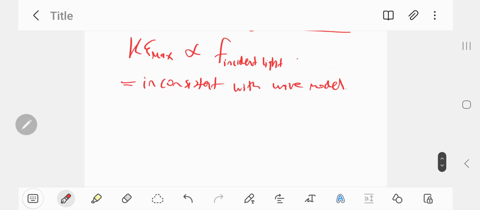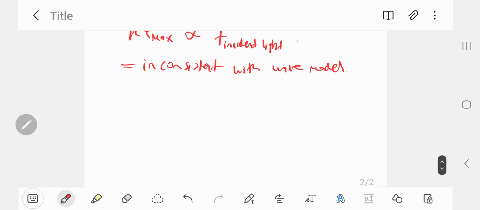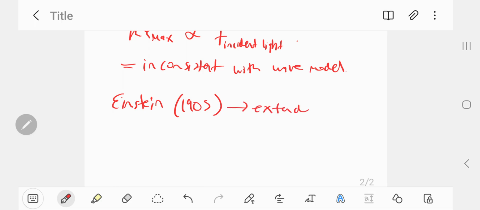So they're the three main observations associated with the photoelectric effect. Then came along Einstein, Albert Einstein. I'm sure he doesn't need an introduction. World-renowned theoretical physicist, Nobel Prize-winning physicist. Einstein in 1905 wrote a paper on the photoelectric effect, and he basically extended Planck's idea. So he took Planck's idea one step further, Planck's idea of energy quanta,